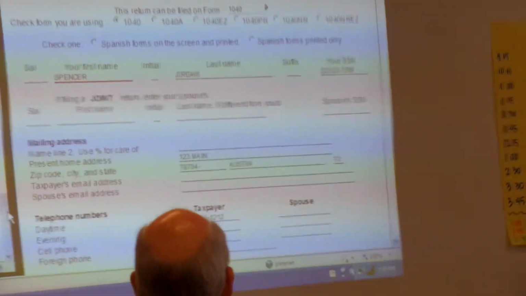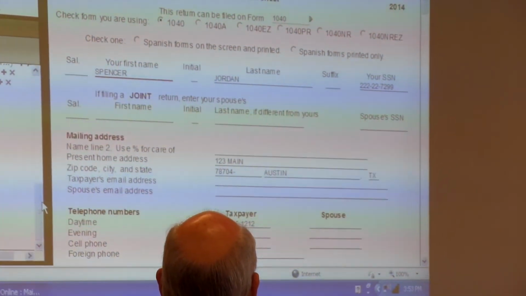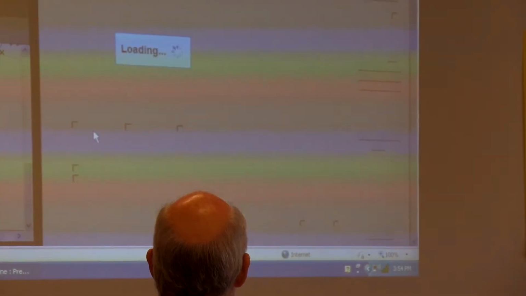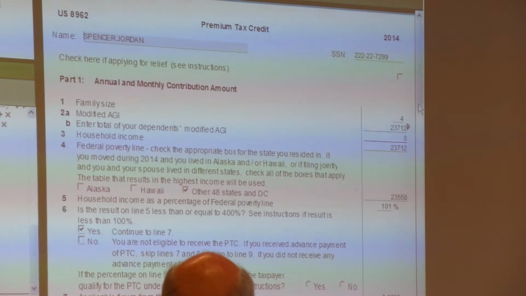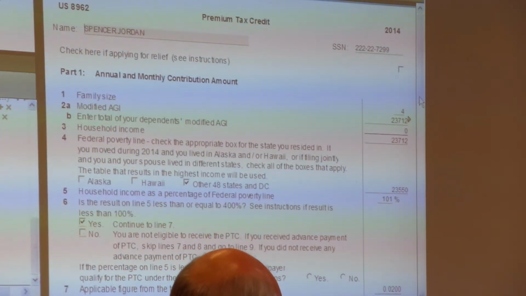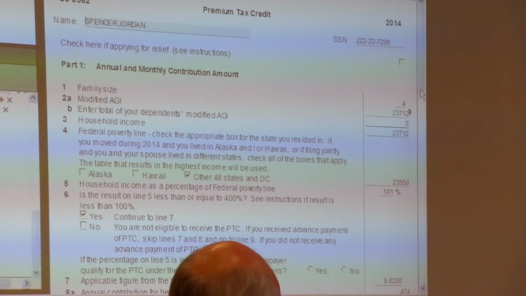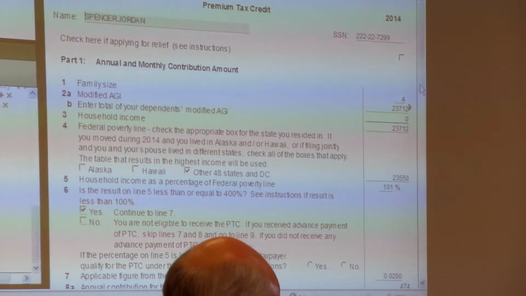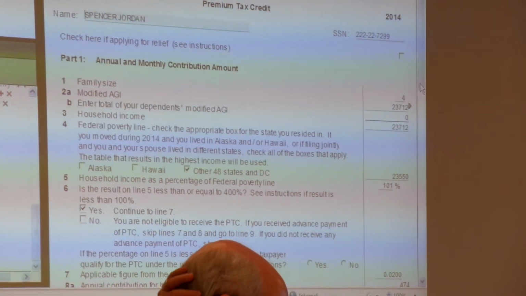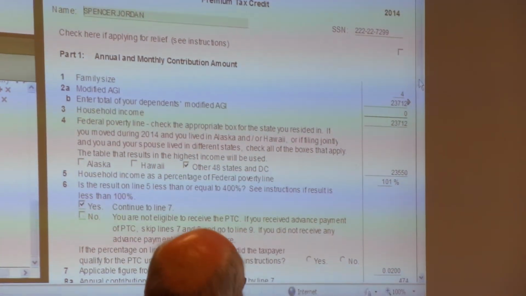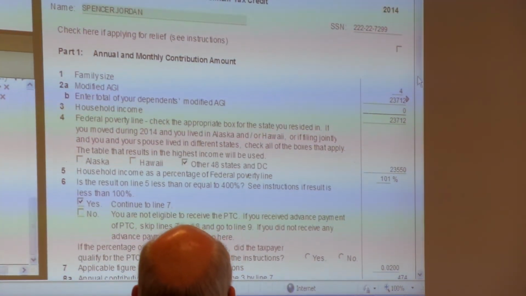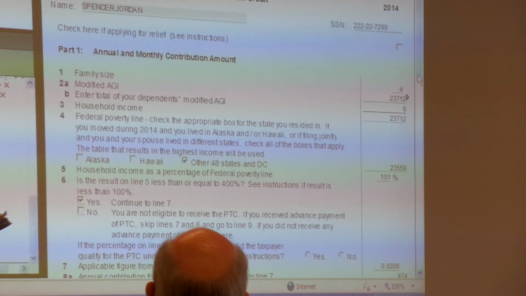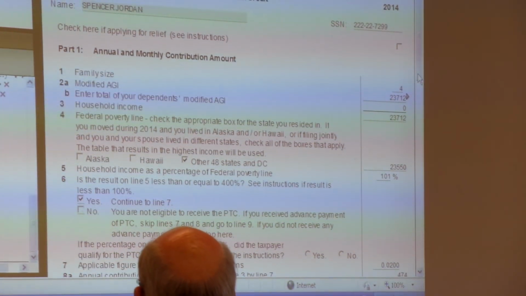Catastrophic insurance plans are not eligible for the premium tax credit. So even though they may purchase their plan through the marketplace, if it's a catastrophic plan, they're not eligible. And if they receive PTC, they'll have to repay it. There is a cap on repayment of the premium tax credit, and the chart for that